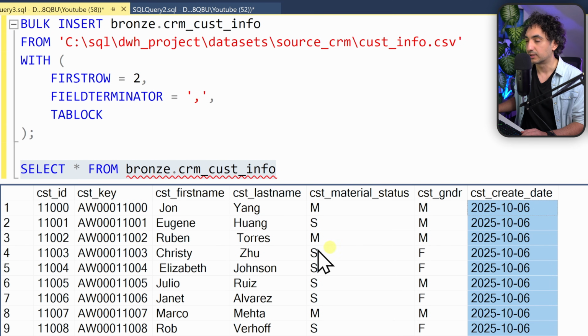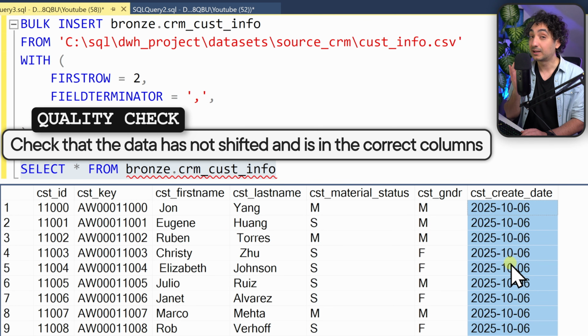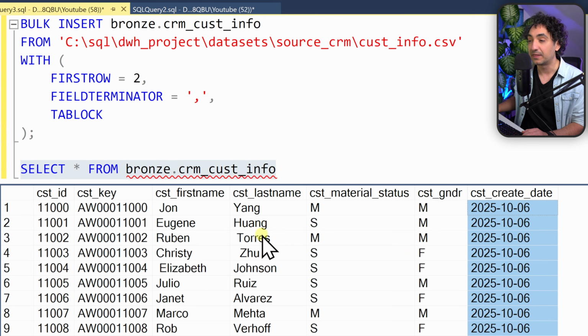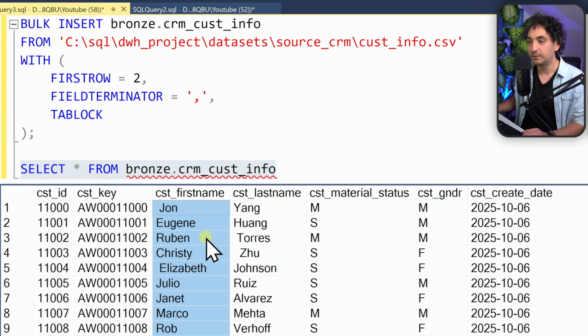Well, yes, as you can see, we have data. And the second thing is, do we have the data in the correct column? This is very critical as you are loading the data from a file to a database. Do we have the data in the correct column? So for example, here we have the first name, which of course makes sense, and here we have the last